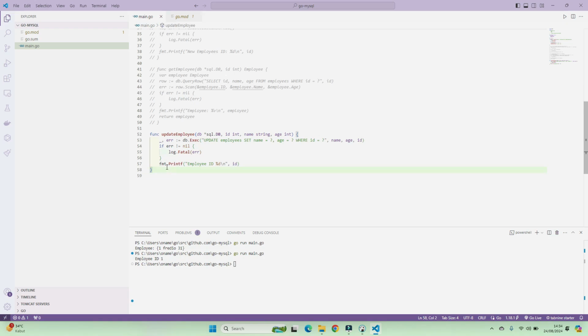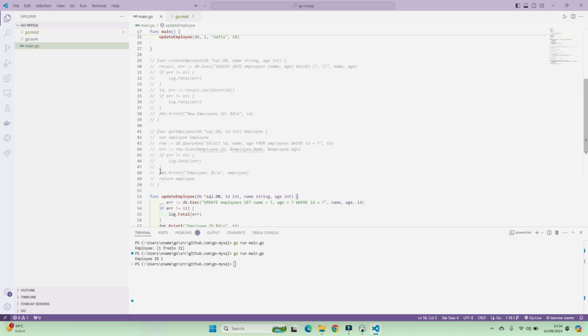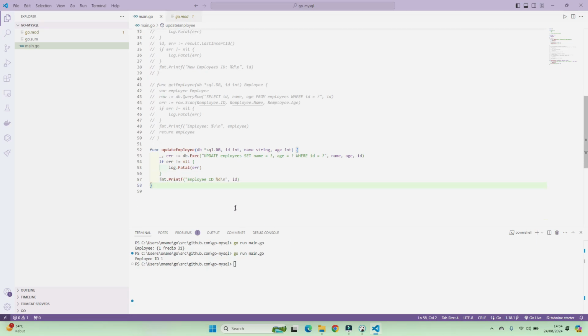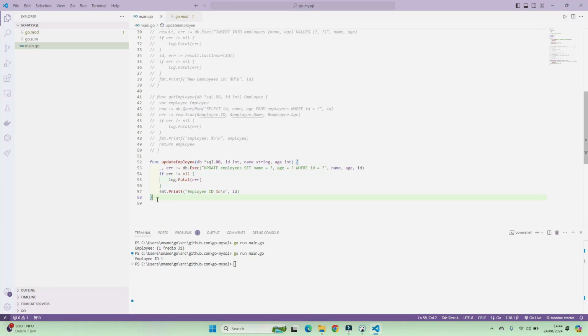And the next is we need to try to delete the data that is already stored in database. So the next is I will comment this function